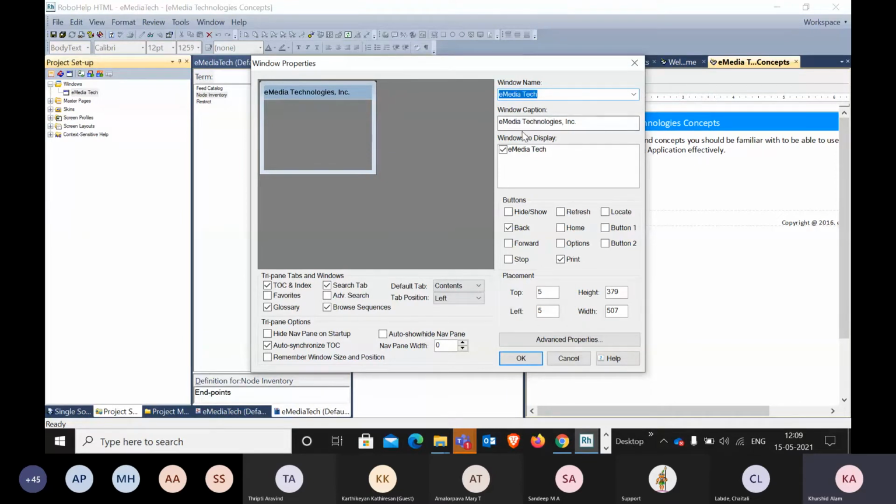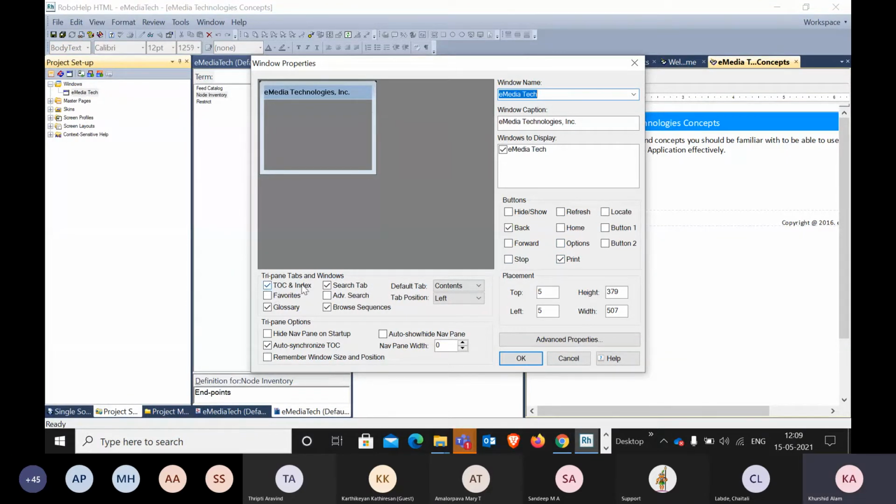Window name, then caption, then write how to display the window, and then select these buttons if you want to include them. Like if you want to have a back button using which any user can go back to the previous section, print if you want to enable the print option, or forward, stop option, or so many.